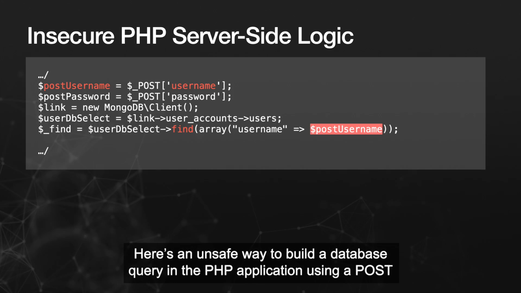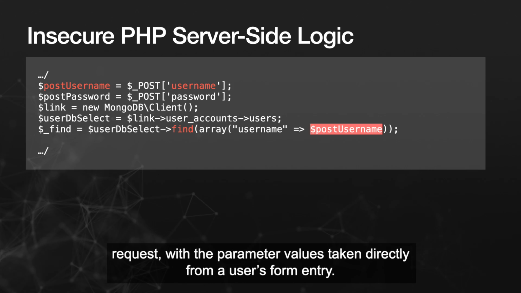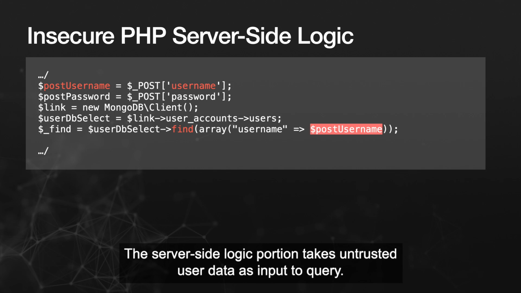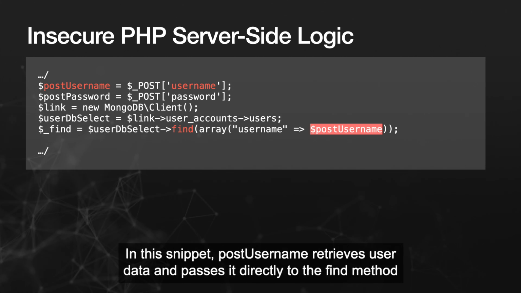$GT. Here's an unsafe way to build a database query in the PHP application using a POST request, where the parameter values are taken directly from a user's form entry. The server-side logic portion takes untrusted user data as input to the query. In this snippet, POST username retrieves the user data and passes it directly to the find method helper for building